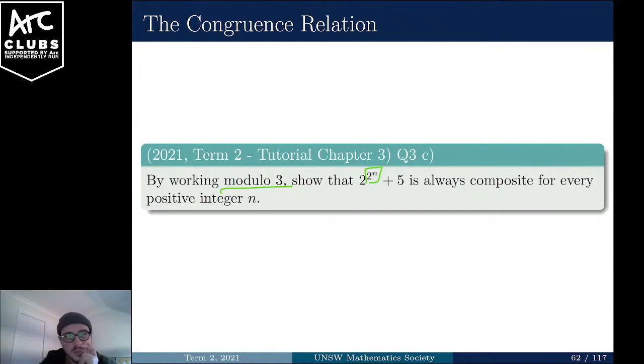Okay, so if we think about it, what's Fermat's theorem? We've got a to the p is congruent to a mod p, so we're saying a cubed is congruent to a, or